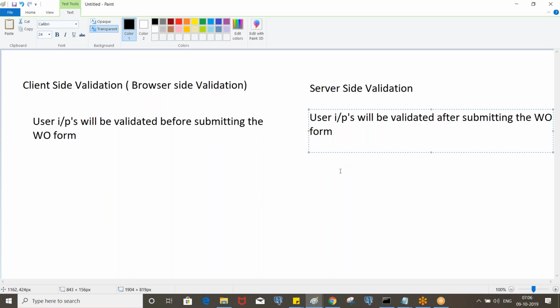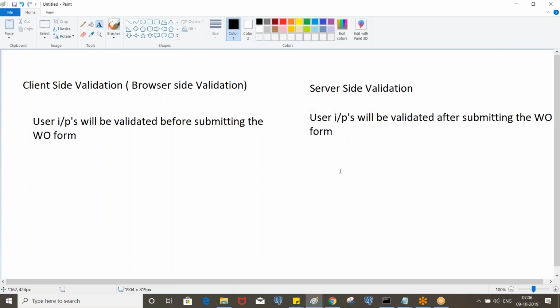So you enter the data in the form, okay? And when you click on the submit button, only then it will display a message if there is any error. That means the data will be posted to the server, and the validation happens at the server side. And if there is any error, it will be sent back to the client, okay?